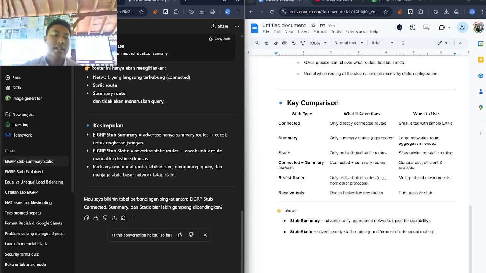So EIGRP stub summary advertises only the summary routes, suitable for making this summary network, and EIGRP stub static advertises static routes, manually set for specific destinations. Both of these make the router more efficient, reduce the queries, and keep a big-scale network stable.